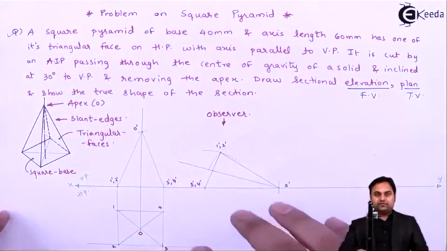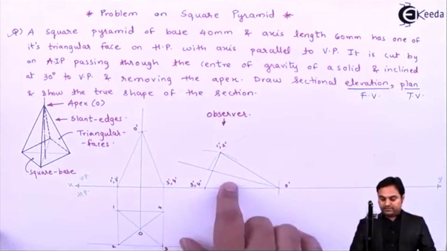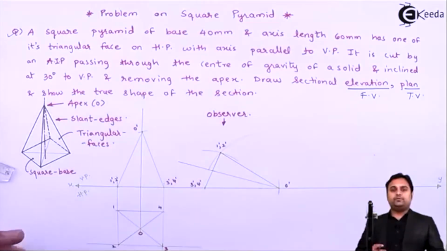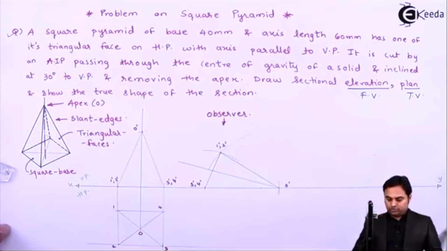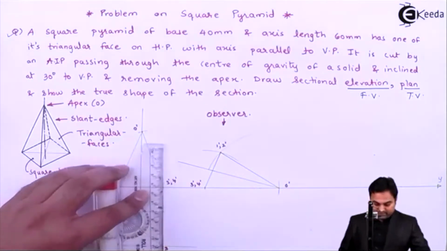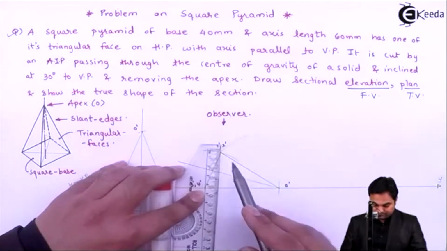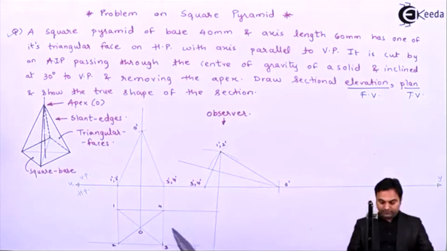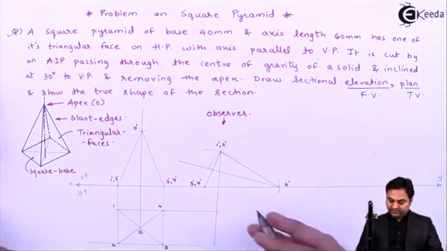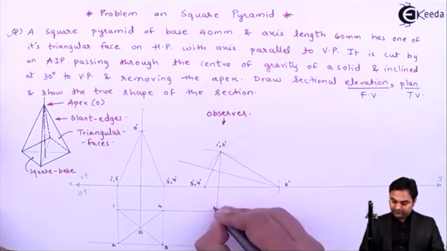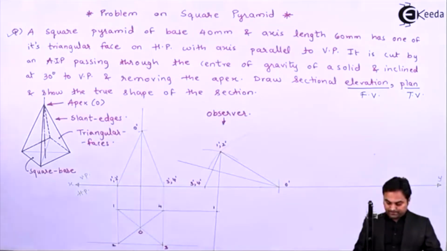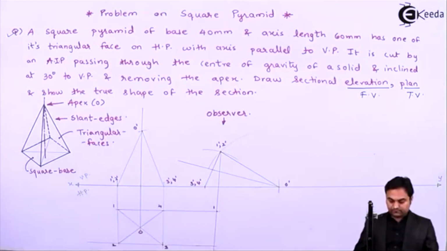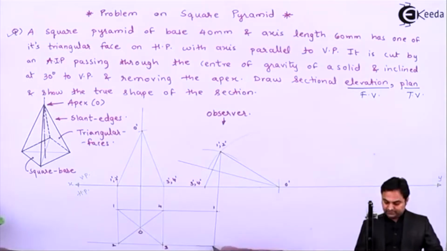I'll be projecting its top view, that is looking the front view from top, and for that those points need to be projected first which are closer to the observer. So points 1 dash 2 dash are closer. So point 1 dash and 1, where they will intersect, that will give me the first point. For 2 dash, and here there is point 2, where they intersect, that is point second.